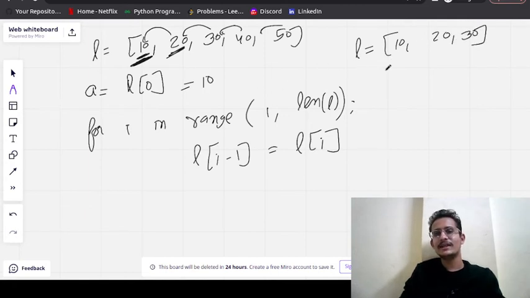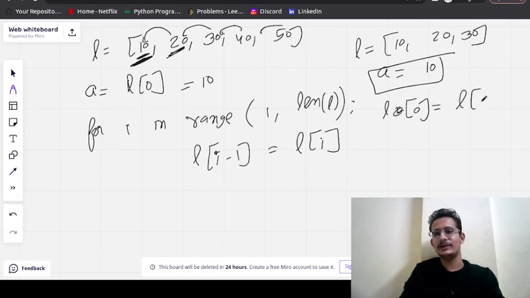I have stored A as 10. Now first of all I value will be 1, and 1 minus 1 will be 0. So L of 0 equals L of 1. What is L of 1? L of 1 value is 20. So our list will have elements like this: 20, 20 and 30.